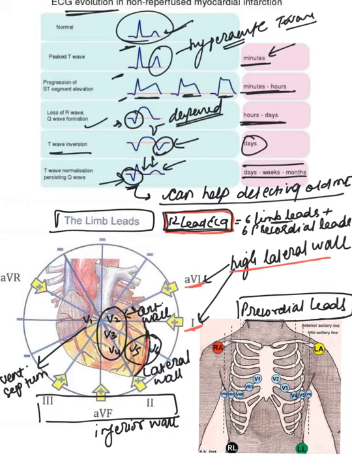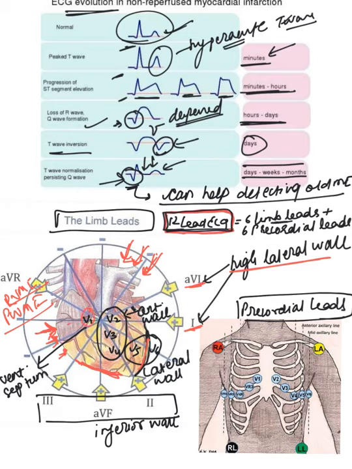But for that we need to know when we suspect right ventricular wall MI and posterior wall MI. The right ventricular wall is nearer to the inferior wall. So whenever there is inferior wall MI, we should suspect right ventricular wall MI and also posterior wall MI. We have to rule out two things, right ventricular wall MI and posterior wall MI. Also, if we see here, V1 is nearer to the